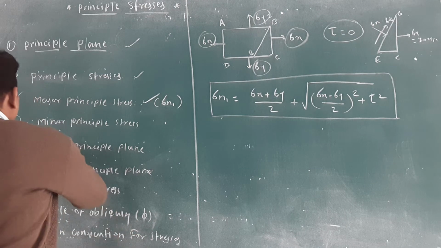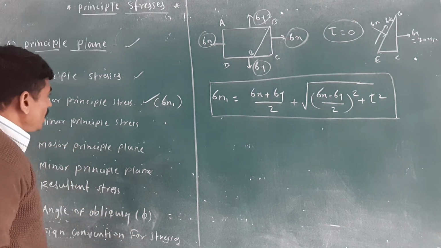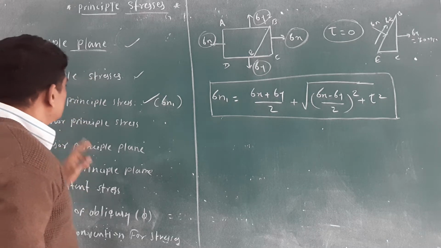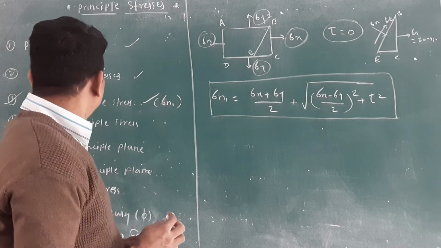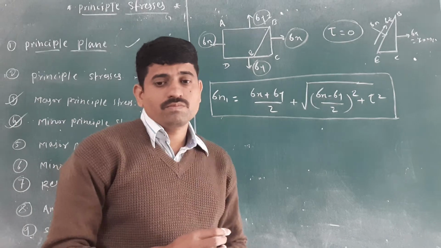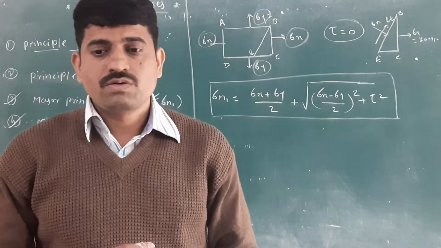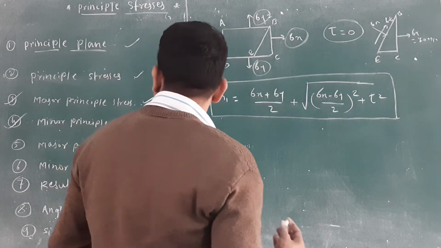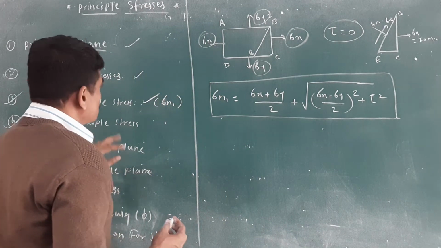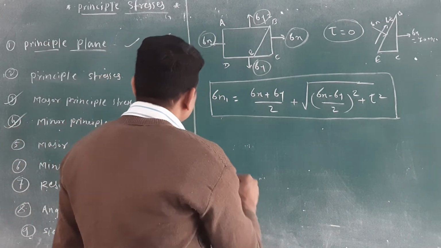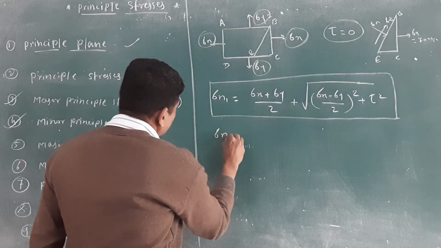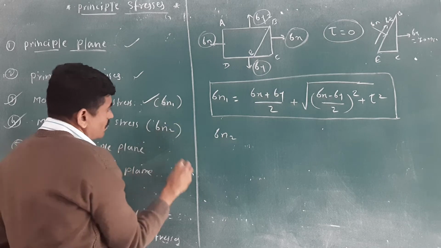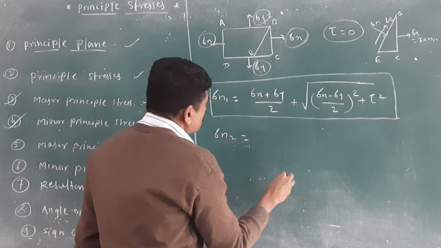Then what is the minor principal stress? It is the minimum value of the normal stress acting on the principal plane, and it is known as the minor principal stress. It is denoted by sigma n2, sigma n suffix 2, is equal to,